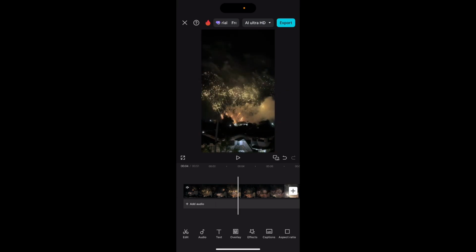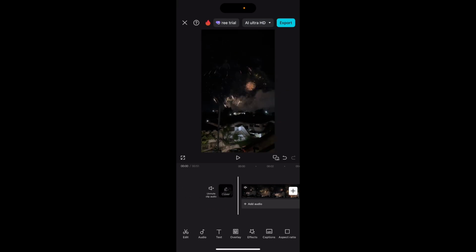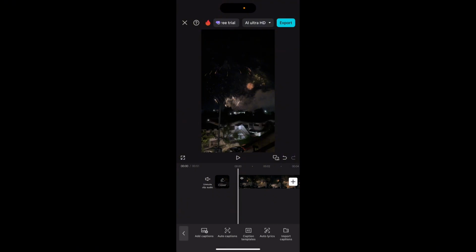Now, right here, you just have to ready your Tagalog script. Once you are done adding your video or clip, click on this text option at the bottom, or you can also click on this captions. Okay, so we have two options right here. Now right here you just have to click on this add captions,